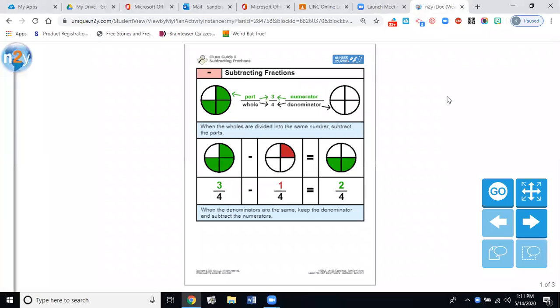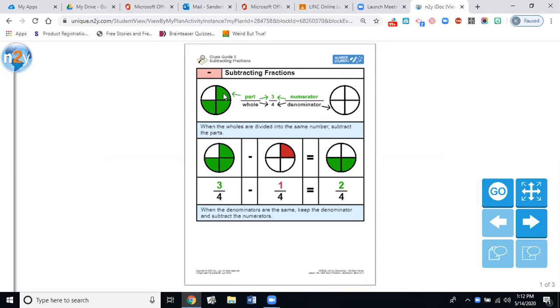Good afternoon, guys. We're going to be subtracting fractions today. I know we've already added fractions. We're going to be doing the same thing as far as that goes, except this time we're going to be subtracting fractions. Okay, as we went over on the last lesson about adding fractions, we're going to be starting with